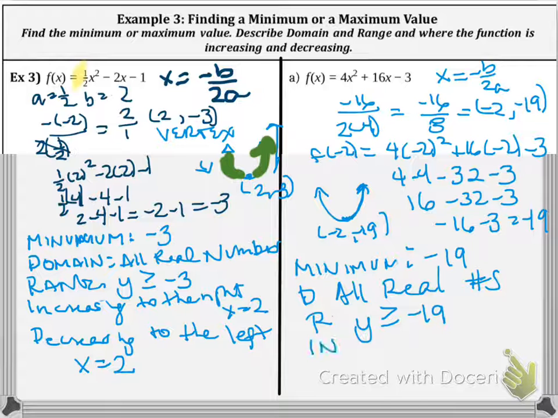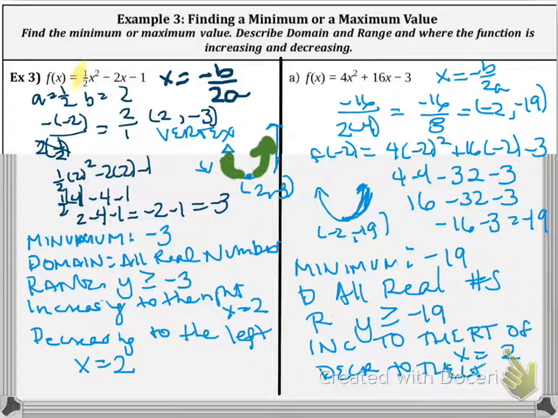And then it's increasing to the right of x equals negative 2. On the right side, it's increasing. And then it's decreasing to the left of x equals